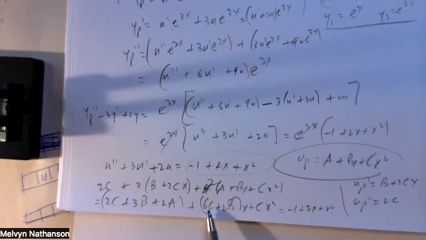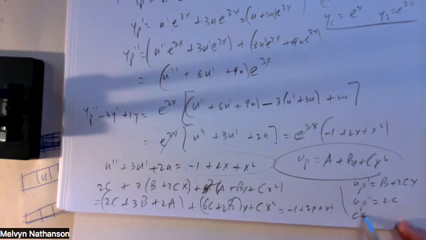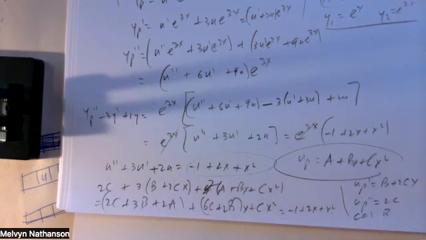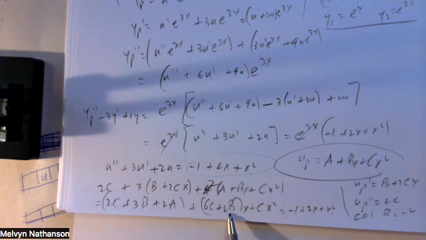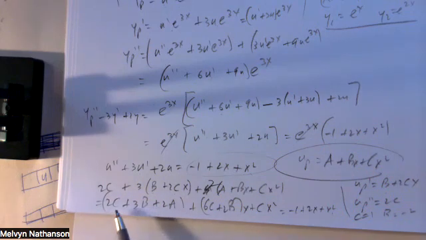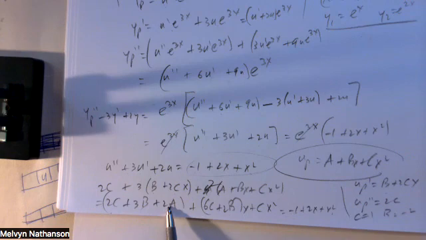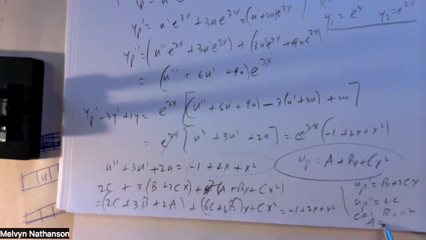If c is 1, 6 plus 2b equals 2, 2b equals minus 4, so b is equal to minus 2. Then 2c plus 3b, this is 2 minus 6, that's minus 4, plus 2a equals minus 1. So 2a equals 3. So a equals